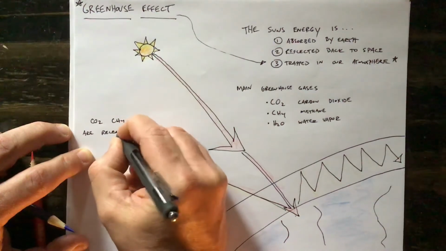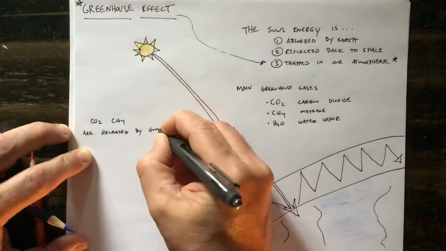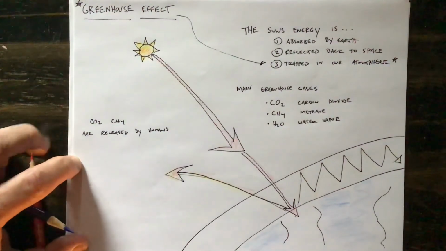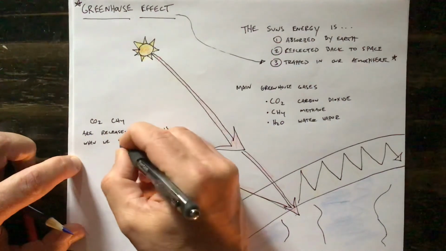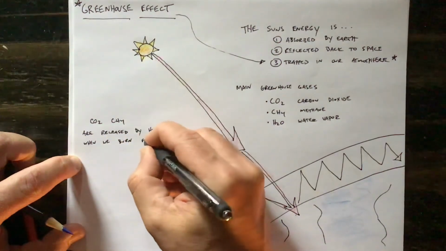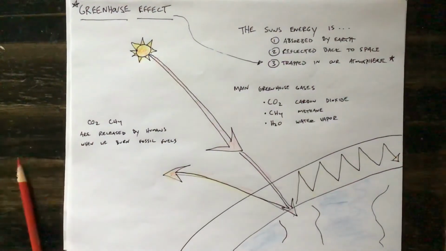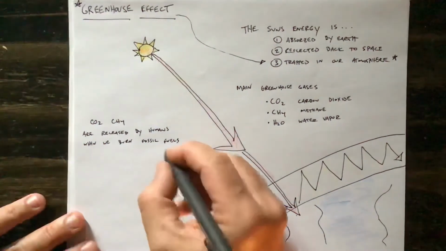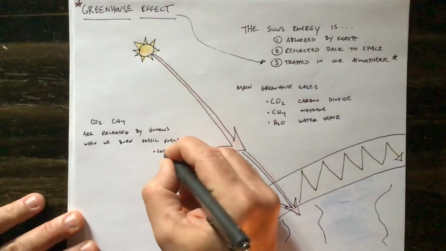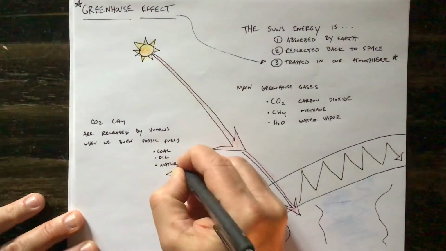are released by humans when we burn fossil fuels. So fossil fuels can be turning on the lights in your house because a lot of the electricity in Virginia comes from coal. Fossil fuels include coal, oil, and natural gas,